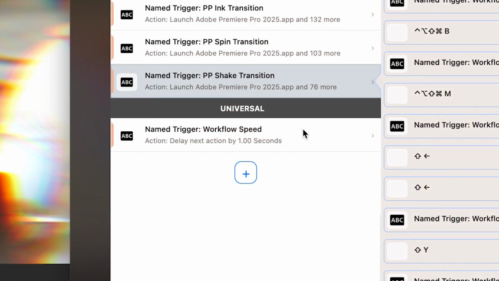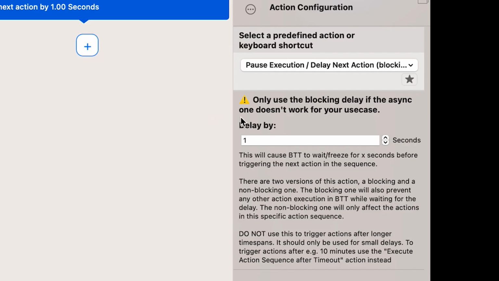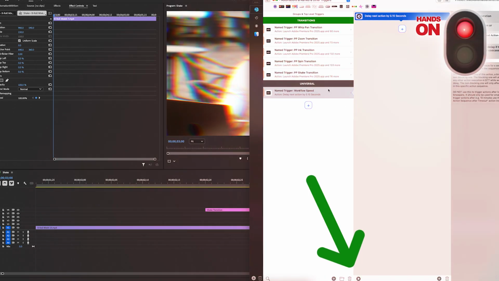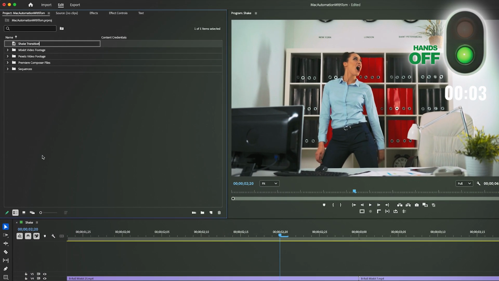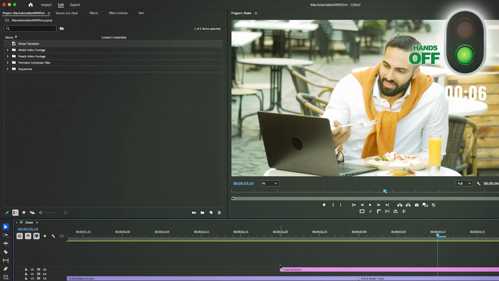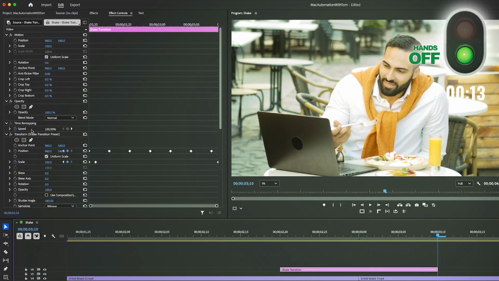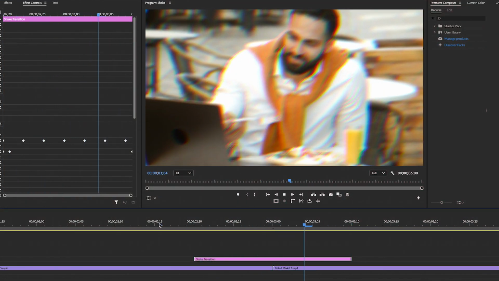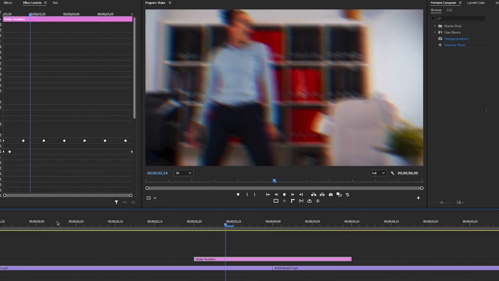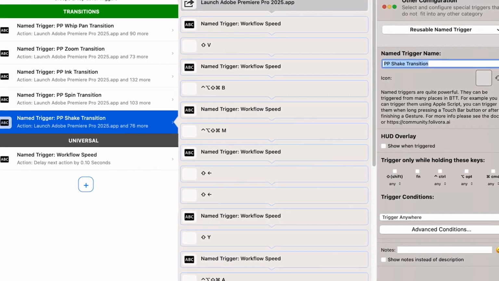If it runs properly, select the workflow speed trigger in the left column, click on the delay action in the middle column and change the value to 0.1 to increase the speed of our workflow. And because we don't want to open up the configuration window of BetterTouchTool every time in order to add a shake transition, let's assign a keyboard shortcut to this workflow by clicking on the little keyboard icon up here, then